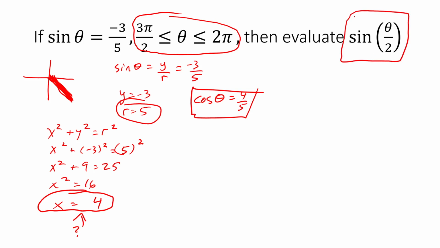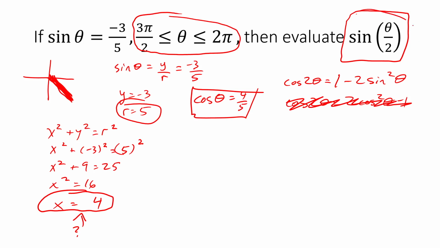Now, let's freeze there for a second and focus on this part, sine of theta over 2. Anytime you're asked for either the sine or cos of theta over 2, the first thing you want to do is begin with the double angle formula for cos. In other words, you want to say cos 2 theta equals blank. If you're asked for the sine of theta over 2, like you are in this question, you're going to put 1 minus 2 sine squared theta. Had I been asked for cos of theta over 2, then I would have put the version that says 2 cos squared theta minus 1. But that's not what I'm being asked for in this question. I'm being asked for sine of theta over 2, so I use this version of the double angle formula for